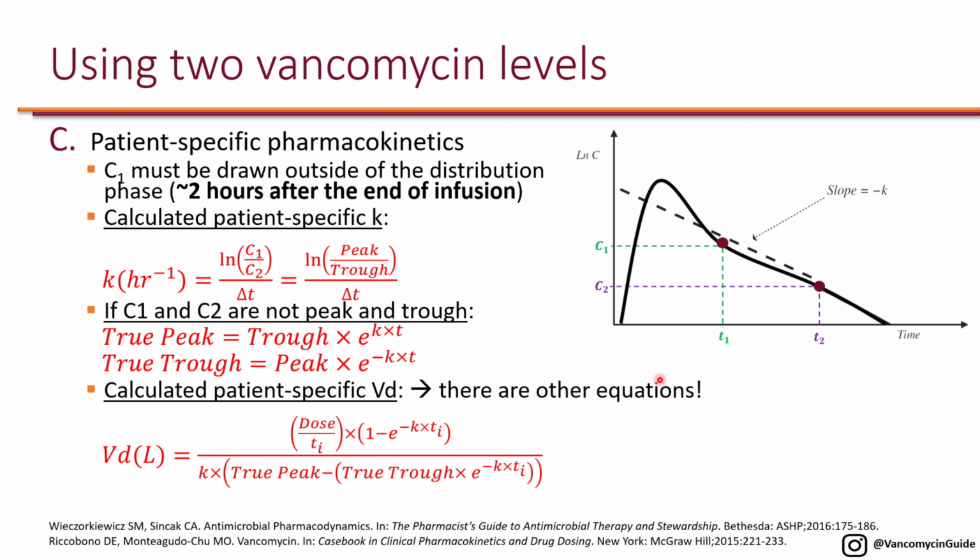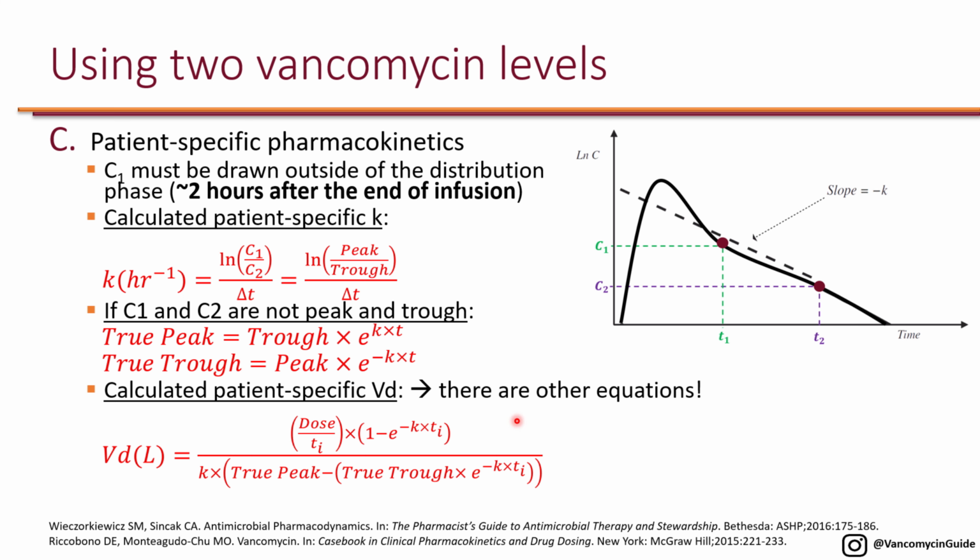And then we did all of this because now we can actually calculate the specific patient volume of distribution. So for this, we put the dose that the patient had received before drawing these levels, the time of infusion from that dose, and then 1 minus e to the negative k. So this is the k that we just calculated. Ti again is the time of infusion from the dose that the patient had received, and then we divide that by k times the true peak that we just calculated and the true trough that we just calculated times e to the negative k times (tau minus ti). So again, this is the time of infusion corresponding to the dose that the patient received before drawing these two